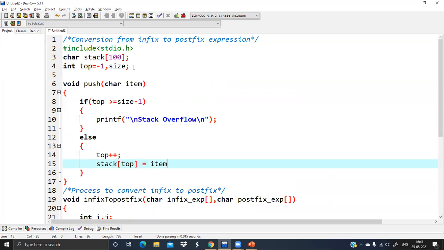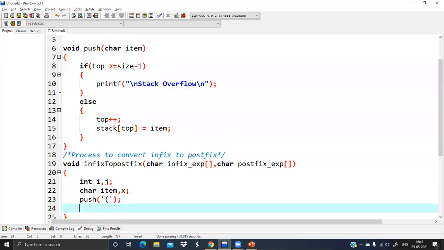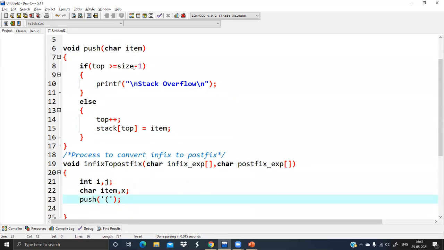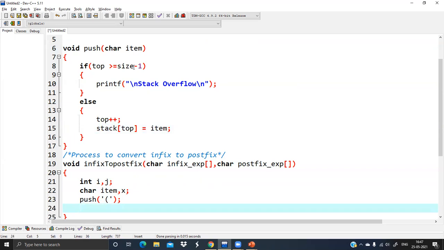What I am doing here is first entering one left bracket inside the stack. Because whenever I do any kind of operations, my stack should not be empty, otherwise underflow condition will be encountered. So before doing any operations, I'm keeping the left bracket at the start of the stack.